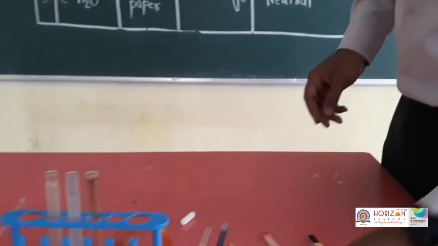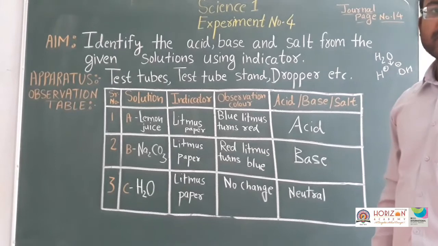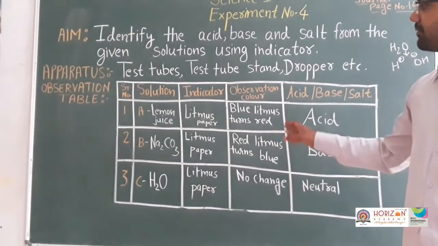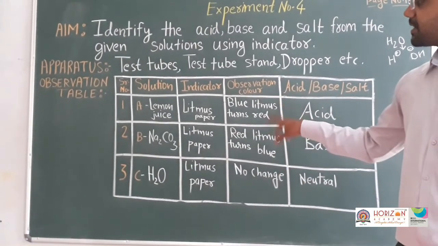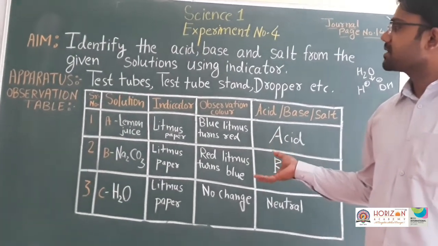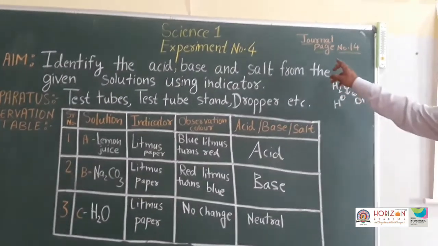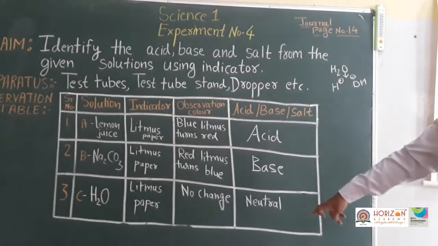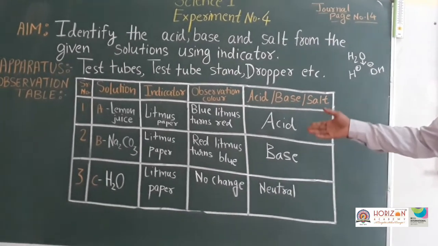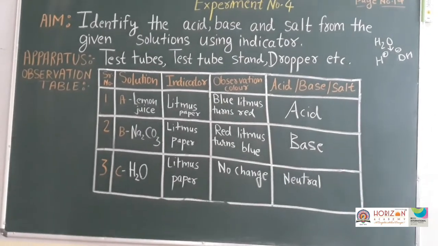Now you have to write up to this only because we have already studied the practical of pH paper and universal indicator. Only we are going to see litmus paper practical because it is already in our syllabus. It is a very simple practical, but still we are doing it because it is there in our syllabus. On this practical you can see in journal page number 14. Observation table you can write exactly like this, and remaining other things are very simple question answers and inference that you can write in your own words.